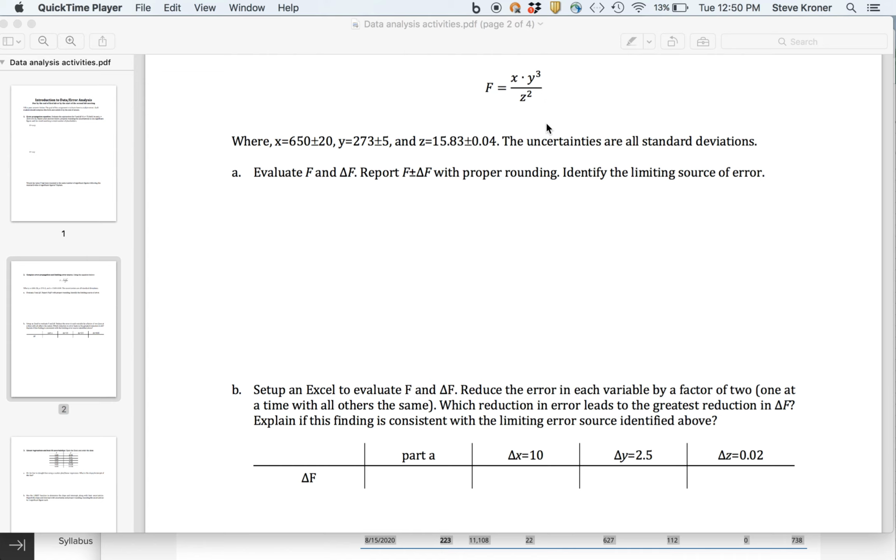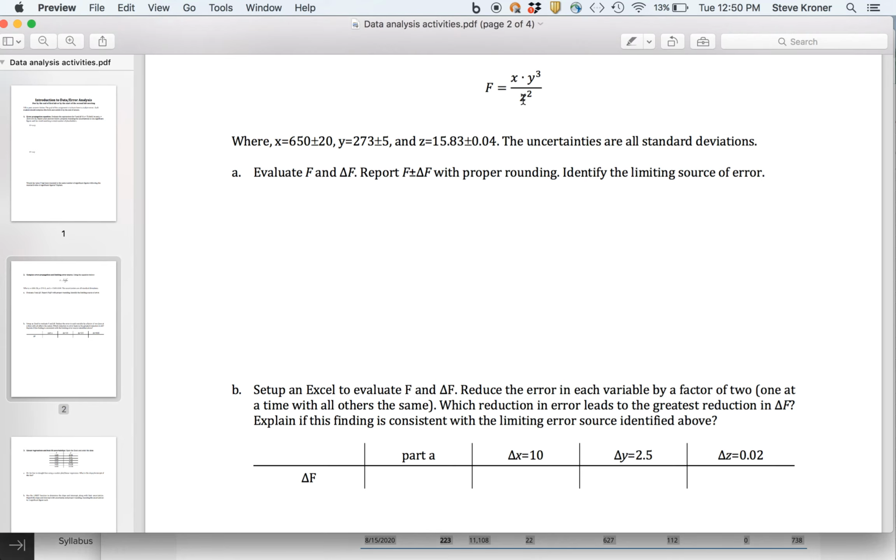If you imagine the uncertainty as three chunks, a plus b plus c, where a is df/dx squared times delta x squared, b is df/dy squared times delta y squared, and c is df/dz squared times delta z squared, which of those chunks is biggest? Whichever one is larger is the limiting source of error. It's the one you'd want to reduce to have the greatest impact on reducing the magnitude